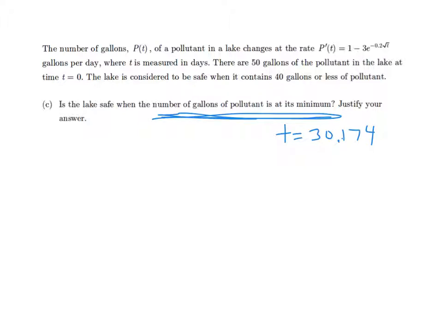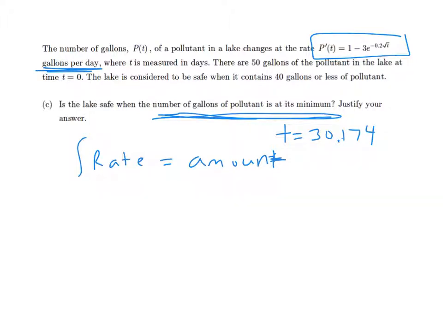So now they're asking us how many gallons of pollutant are there at that point in time. Okay, so this question is directly from this chapter on what integration means. Why am I jumping to integration? Because I have a rate function and I need to get an amount. So an integral of a rate gives me an amount. An amount of change, remember, a net difference. So the integral of velocity gives me the change in position. The integral of the rate of change of number of gallons per day is going to give me the number of gallons. So if I'm doing the integral of P prime,